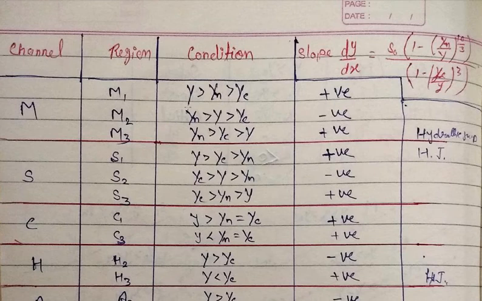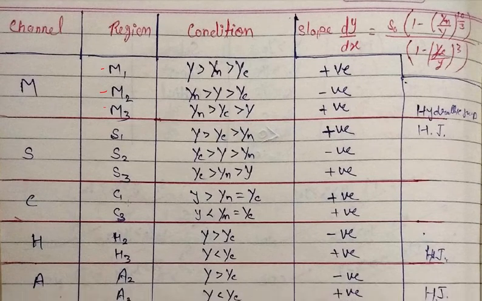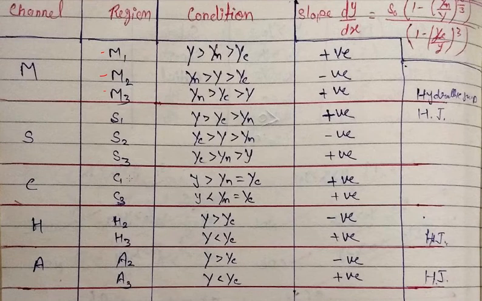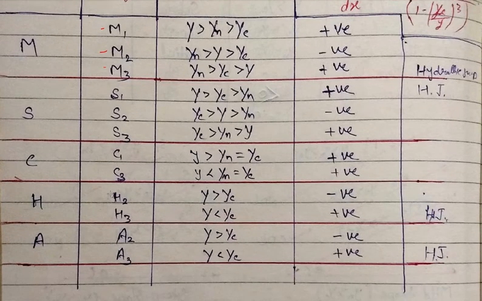In this lecture we see the profile of the water surface on open channel flow. Here we see what is M1, M2 and M3, that means mild slope in regions 1, 2 and 3, steep slope in regions 1, 2 and 3, critical slope in regions 1 and 3, and horizontal slope. In the horizontal slope there are regions 2 and 3 because the NDL, the normal depth line, is at infinity and there is only a CDL. In the adverse slope there is also an NDL at infinity.